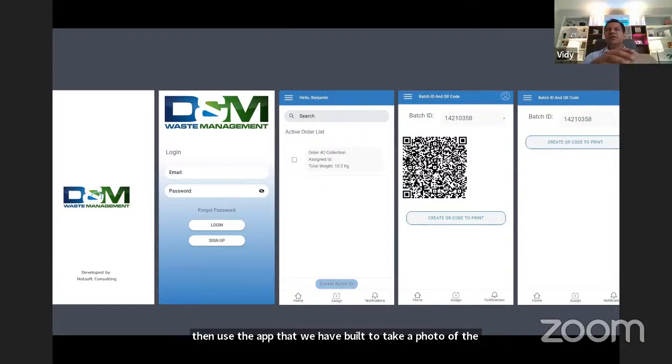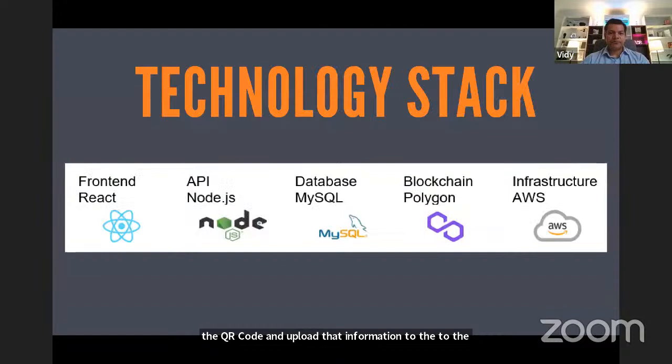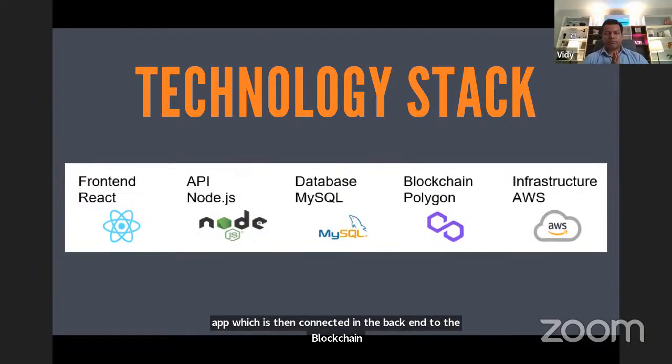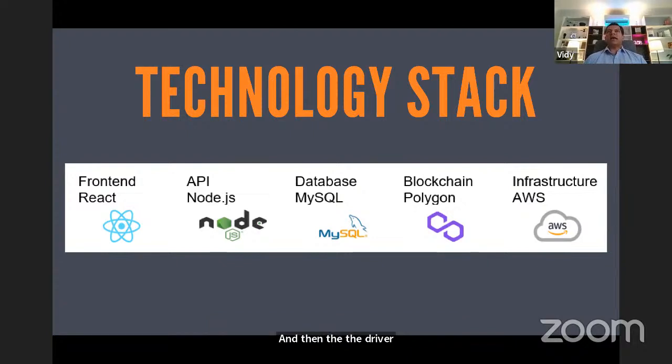upload that information to the app, which is then connected in the backend to the blockchain. And then the driver drives the truck. So once they have put the QR code and loaded all the pipes on the truck, the driver then has to drive the truck from the mining site to the